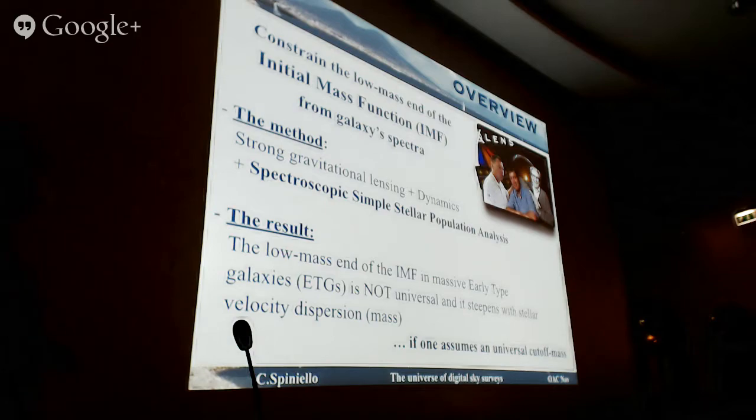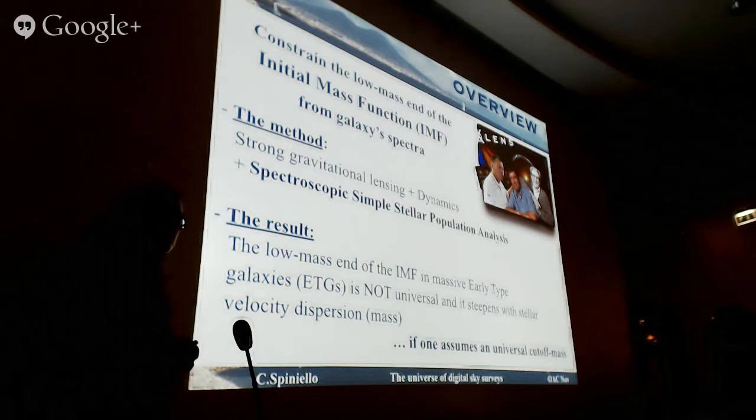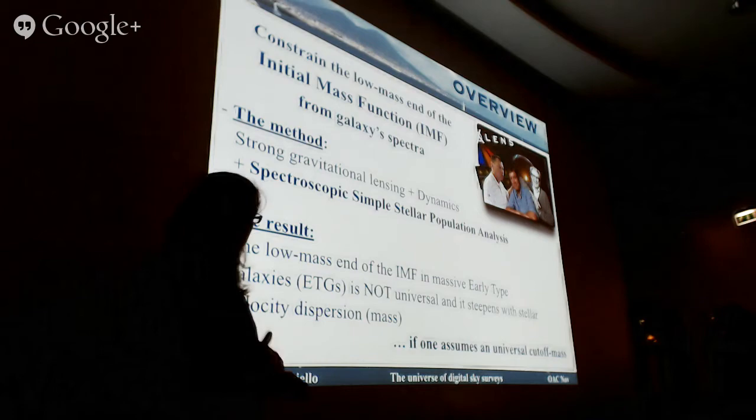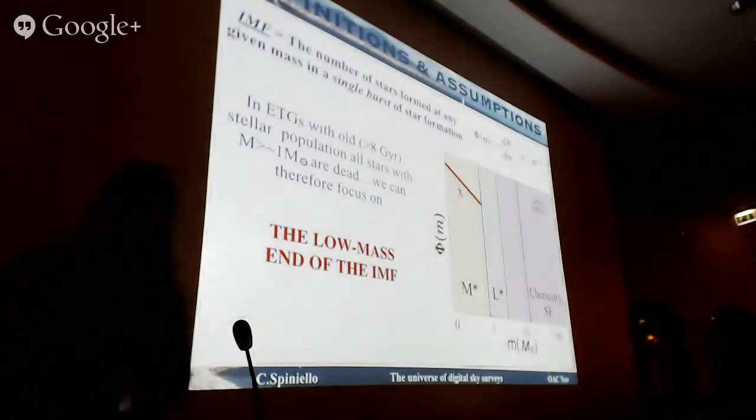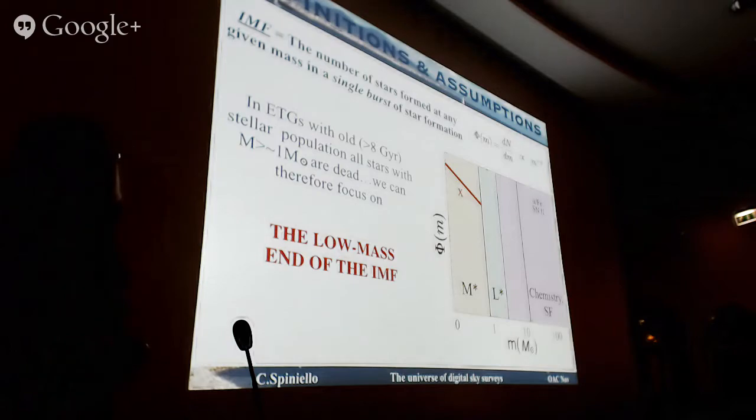And the result is that the low mass end of the initial mass function seems to vary with galaxy stellar velocity dispersion, or mass if you want, if one assumes a universal cutoff mass. And I will show you and explain why this is important, and why it's been so hard to understand this point. So the IMF is, well, everybody knows what the IMF is, but